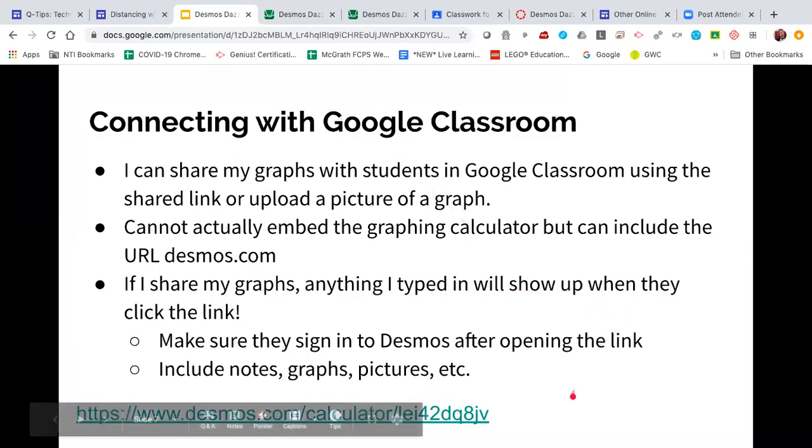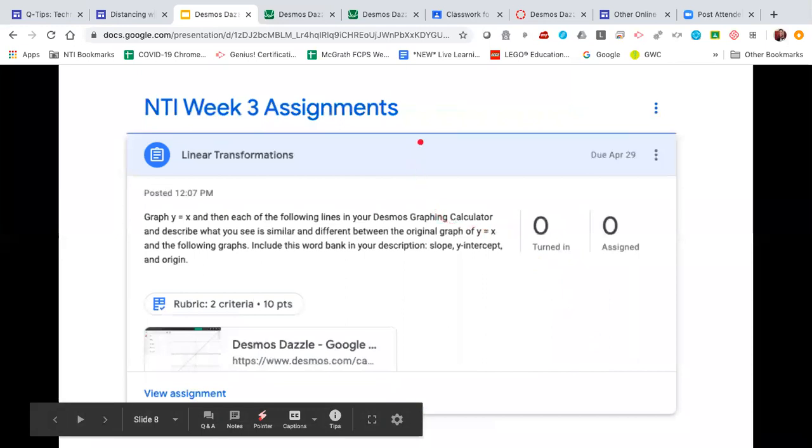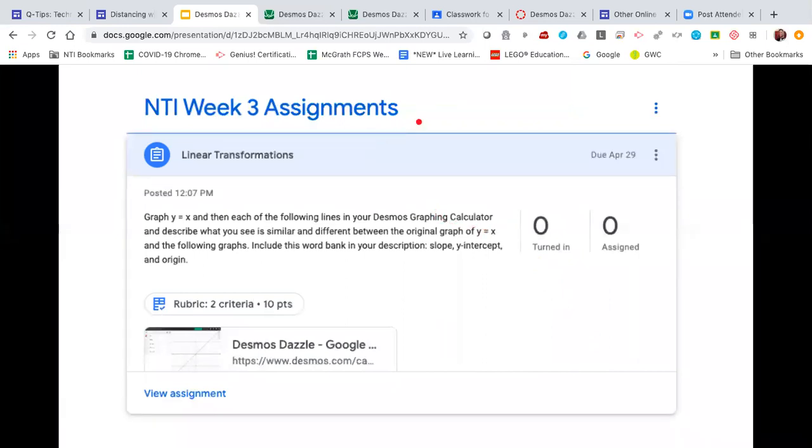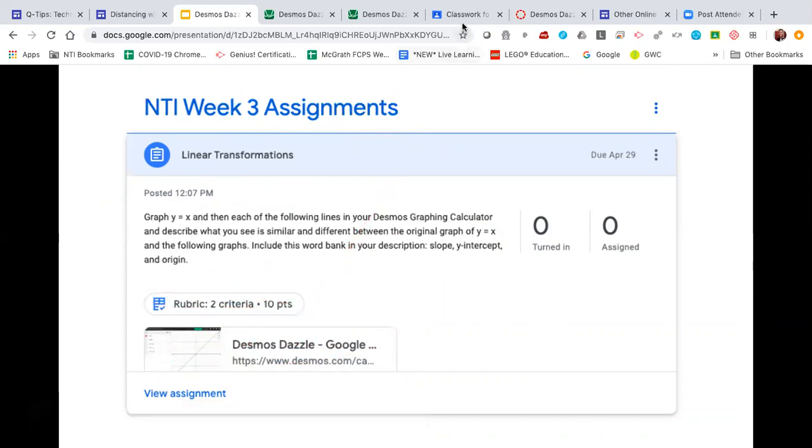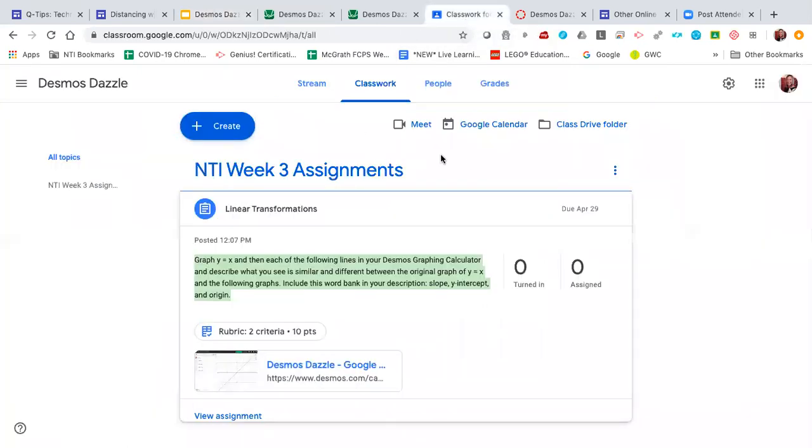So once I've got my graph the way I want it and I have my link, then I want to go into my Google Classroom. And so I created this assignment. I'm actually going to go into my Google Classroom in a minute and show you how to do this. But I've put a descriptor, I've got a topic for my week 3 assignments, and then this is what it would look like to the students. So this was my link right here, and it actually is contained in that assignment, and the rubric is there as well. So I'm going to go over to my Google Classroom here,